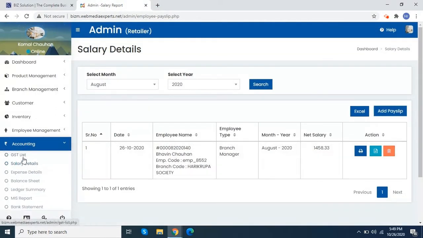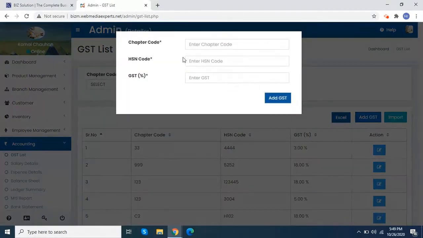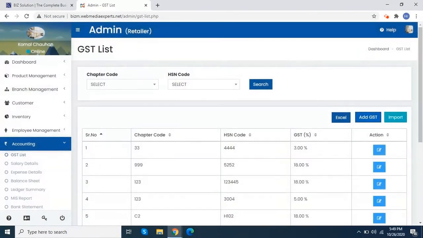In GST list, GST percentage can be added of different chapter and HSN code. You can also import the GST list.